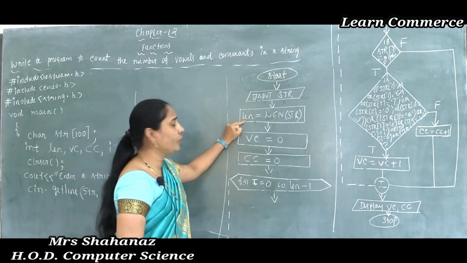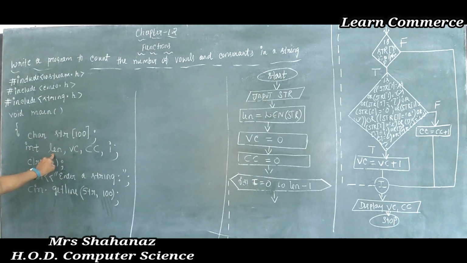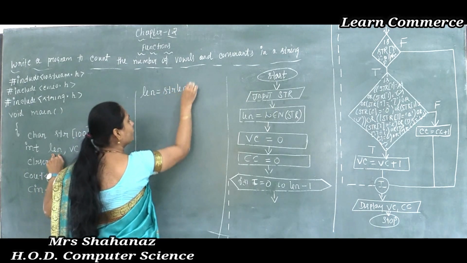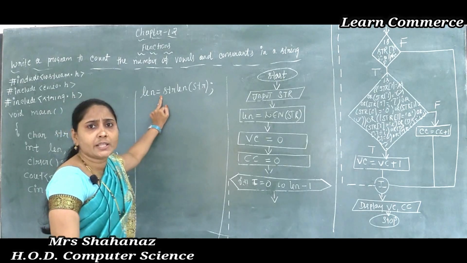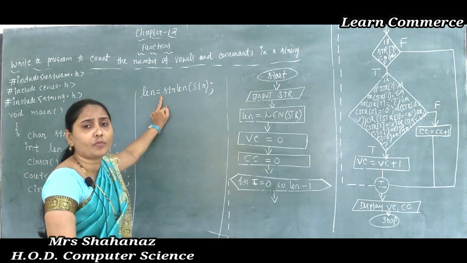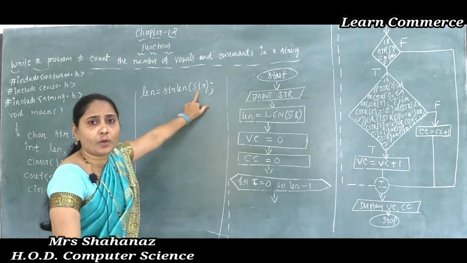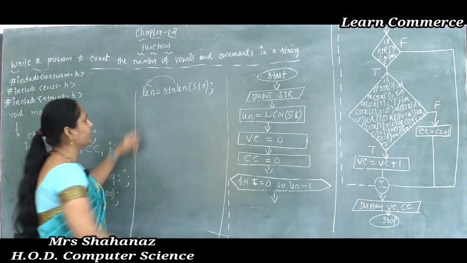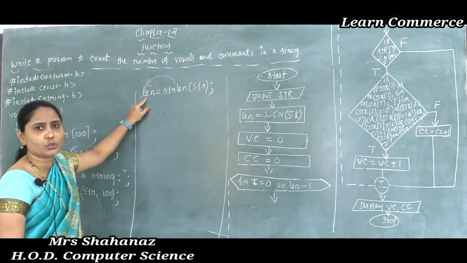Now later next one, we need to find out the length of this string, and I already declared the variable named len here. So I am using len is equal to strlen of str. So what about the strlen of str? This is used just for finding the length of the characters, the length of the string, the number of characters within the string. So strlen of str is the syntax for finding the length of the characters. After finding the length, such value is going to be initialized into the variable len, the number of characters copied into the variable len.